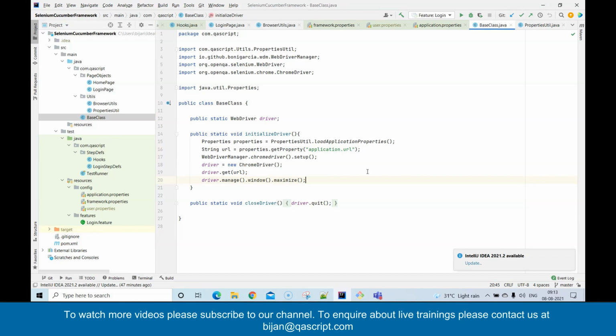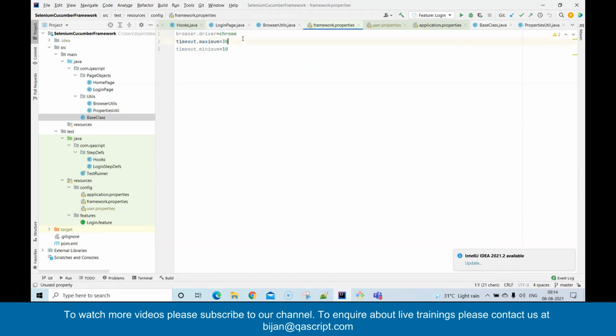Okay, so the next thing which I wanted to show you is, currently we are just setting up the Chrome driver, right? But what if we want to make it generic and give the option to the user to choose which browser they want to use, right? So I have added browser.driver equals Chrome in the framework.properties